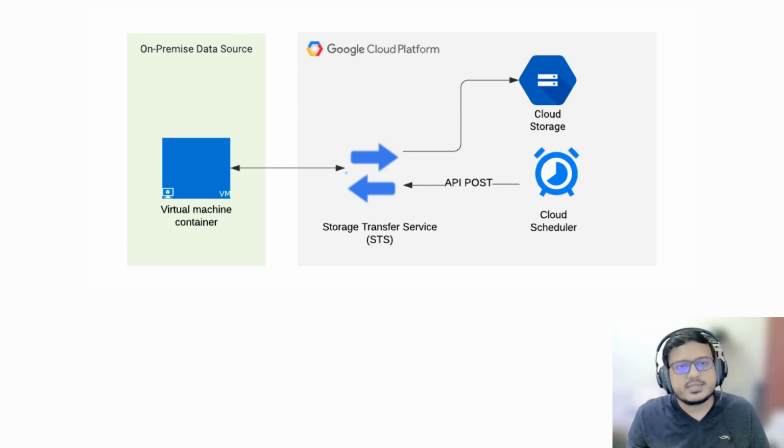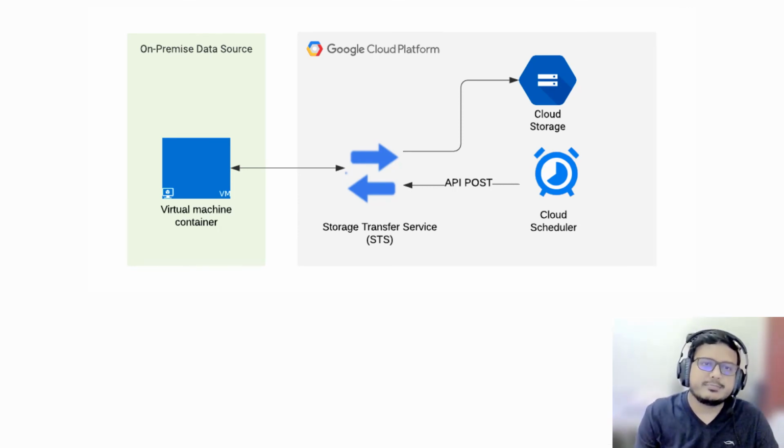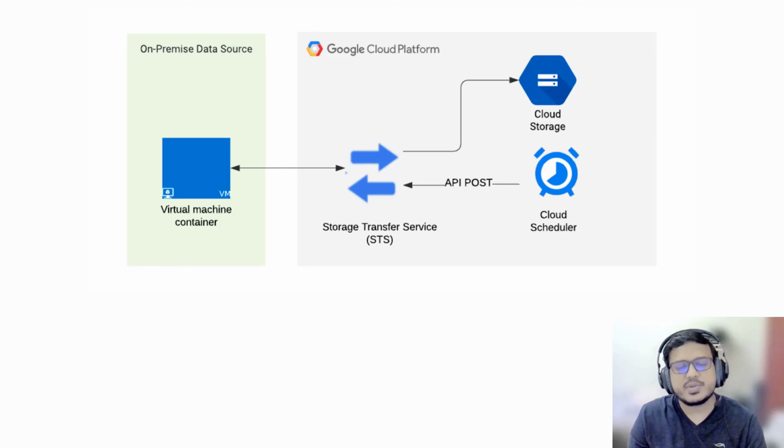STS is a mode of transfer in which you can import data into a GCS bucket from an AWS S3 bucket. Or any resource that can be accessed through HTTPS,